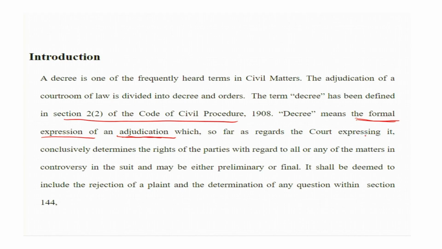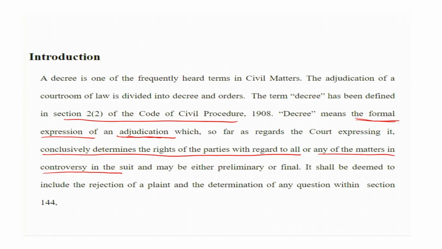Third one: the court expressing it conclusively determines the rights of the parties with regard to all or any of the matters in controversy. Conclusively determine. So, apart from the formal expression and the feature of adjudication, the third one is conclusive determination. This is not a temporary injunction, because a temporary injunction gives temporary relief for the time being, and that is mentioned in the order itself, in the court order sheet itself. The order is effective for this much time, but a decree is a conclusive determination of all your issues,